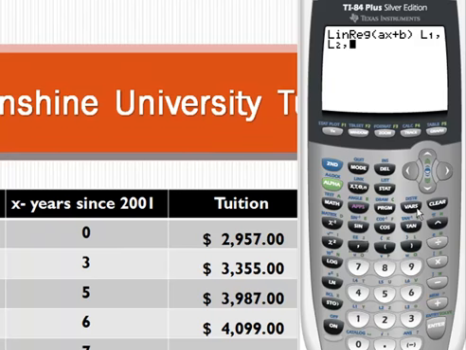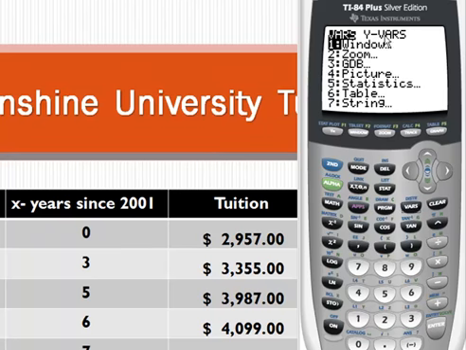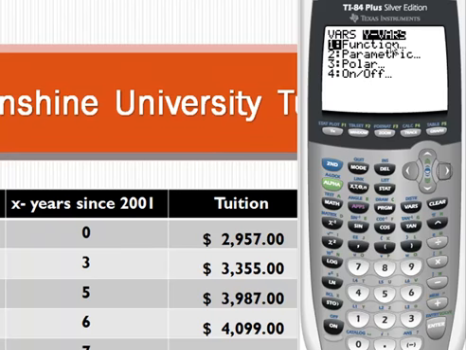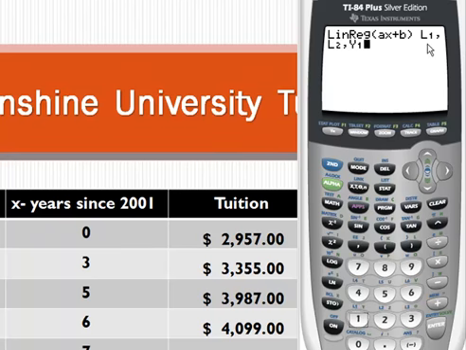And this last step sometimes gives students a problem. We're going to press the VARS key, the V-A-R-S, and the right arrow. So Y VARS is highlighted. We are doing a function, so we press 1 and Y1. So what's going to happen here is we're going to use the data in list 1 and list 2, and our result is going to be pasted into Y1. So when I press enter,